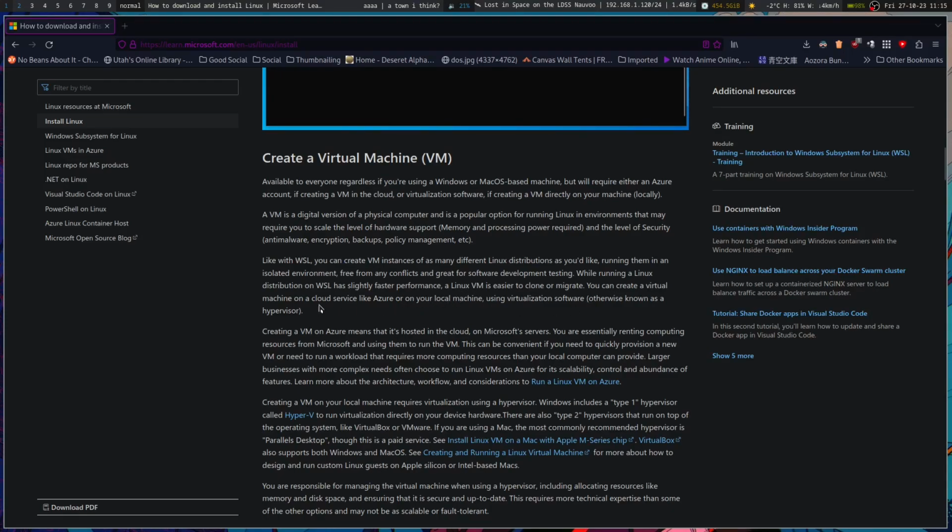You can create a virtual machine on a cloud service like Azure or on your local machine using virtualization software, otherwise known as a hypervisor. KVM, if you're running a Linux box. Let's see, creating a VM on Azure means it's hosted on the cloud on Microsoft servers. Let's see, you're renting the resources. And then